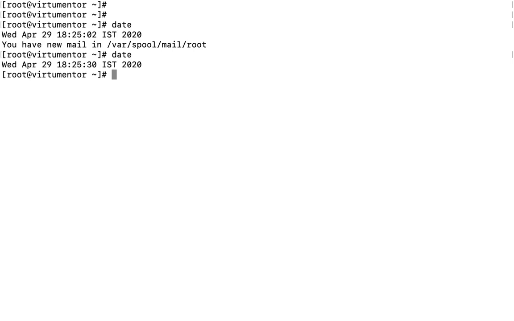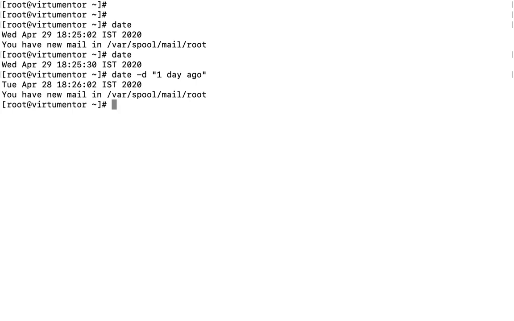First we'll see how to print yesterday's date. To print yesterday's date, we do date -d "1 day ago". This will print yesterday's date as 28. There is another way to print yesterday's date: date -d yesterday.